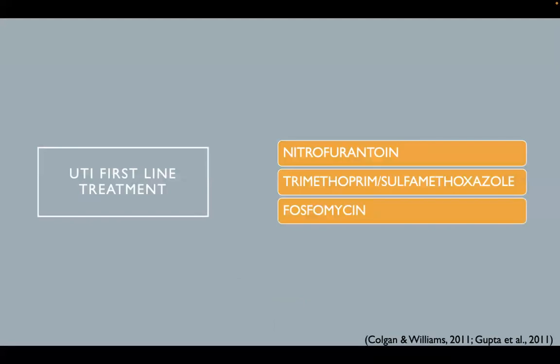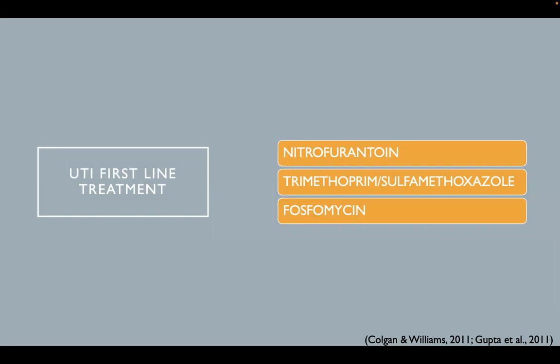The usual culprit of UTI is E. coli, so it's important for us to treat accordingly with the appropriate antibiotics. All of the antibiotics in this presentation are used for uncomplicated UTIs. A urinalysis can diagnose a UTI, but a urine culture can be utilized to identify the exact culprit. That way, once the urine culture results, whatever antibiotic is being used for treatment can be changed if needed based